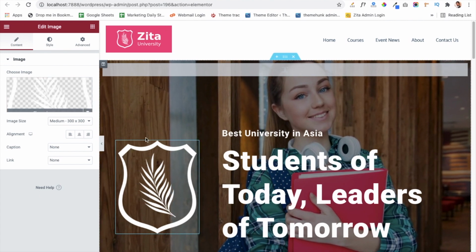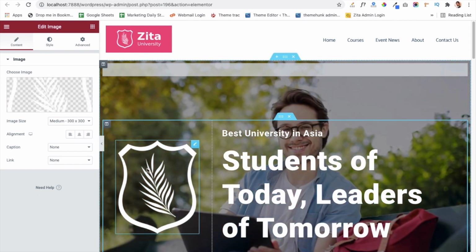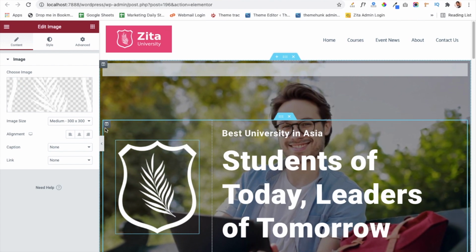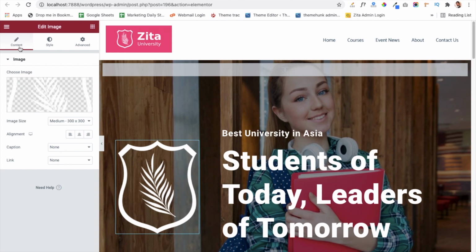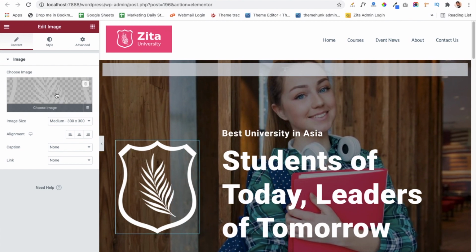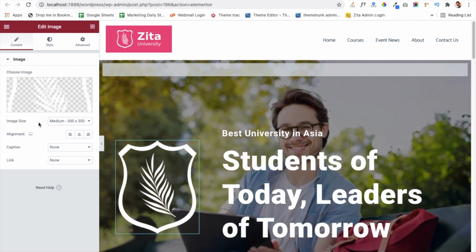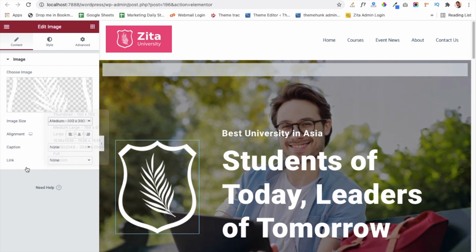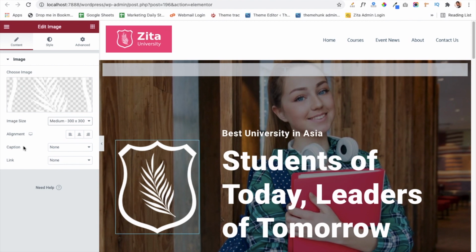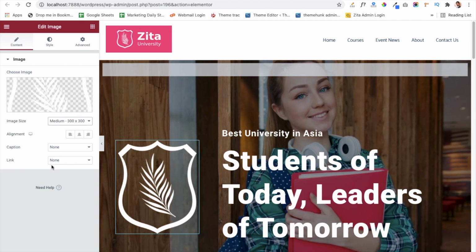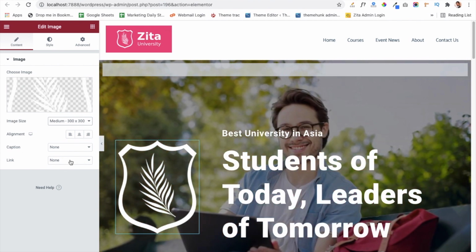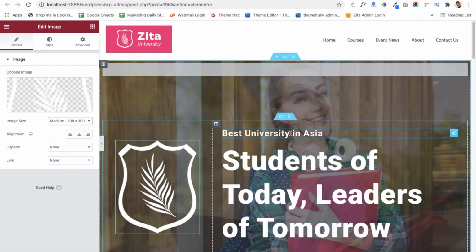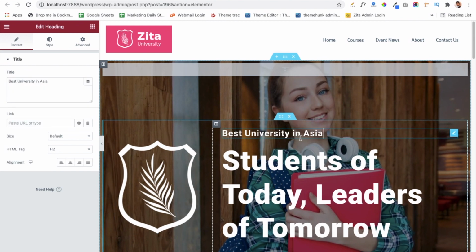So this is the image module which we have used to add this logo of our university. So you can use the image module and can upload your image in this module. After that you can select the size of the image from this setting, and also you can manage the alignment of the image, the caption of your image, or you can add a link to your image if you want to redirect your user. After that, if you want to change the text from here, you can click on this text here and